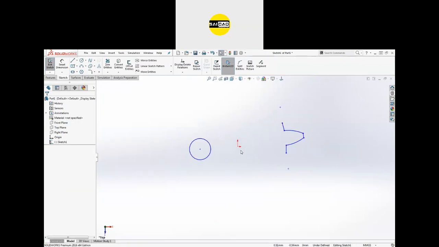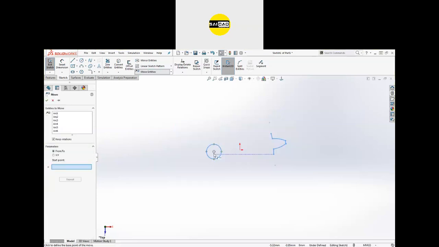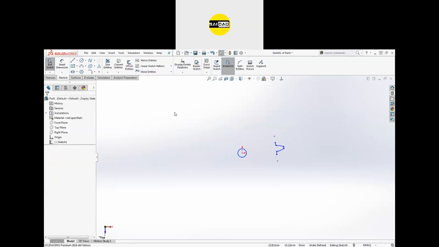If you see, the center is selected somewhere in the middle. So you can select this, go to Move Entities, select it from here, and move it like that also. After that, define everything properly by defining the values.